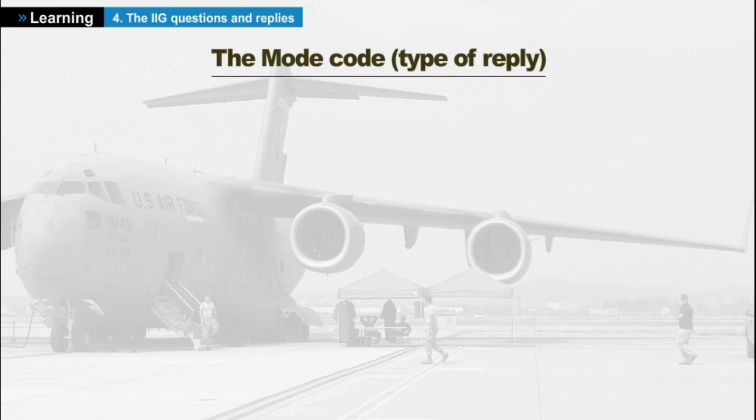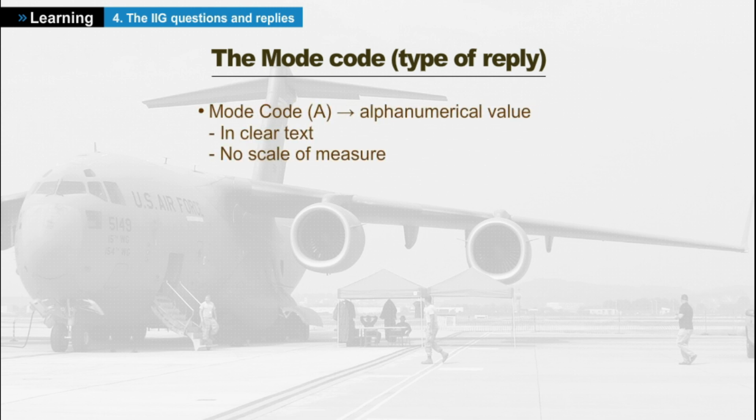Now, let's detail the different mode codes, their meaning and instructions for use. Mode code A indicates that the reply is given in plain numeric or alphanumeric text, and that it does not correspond to any value of any measurable scale. Example: